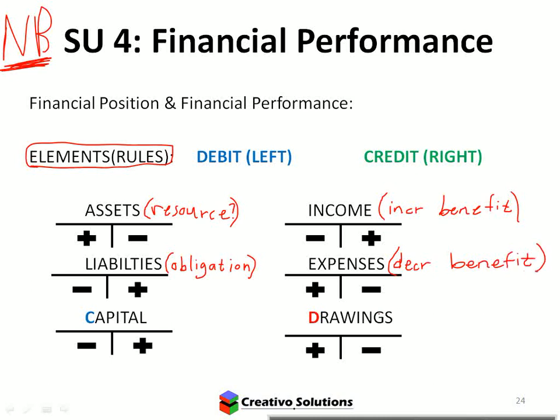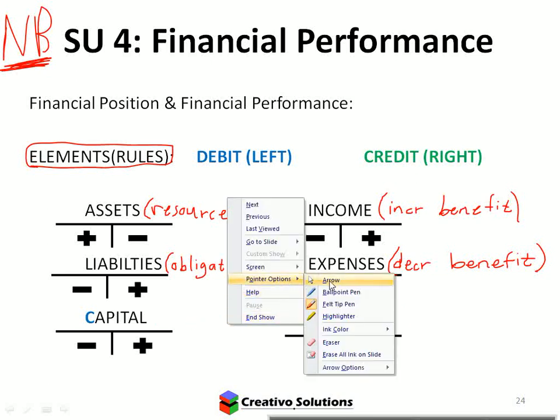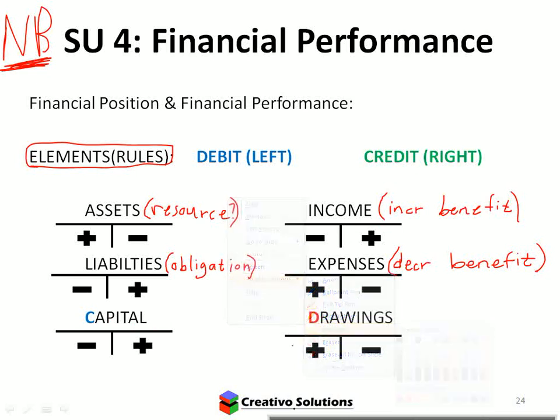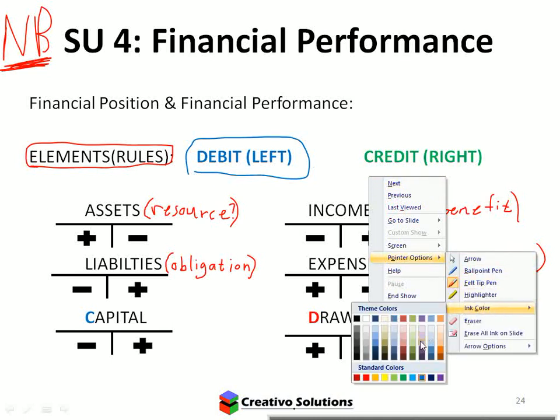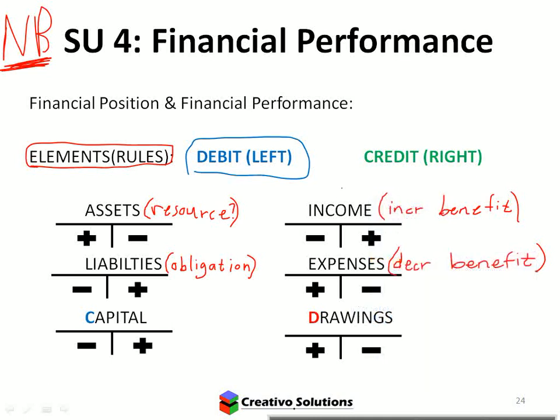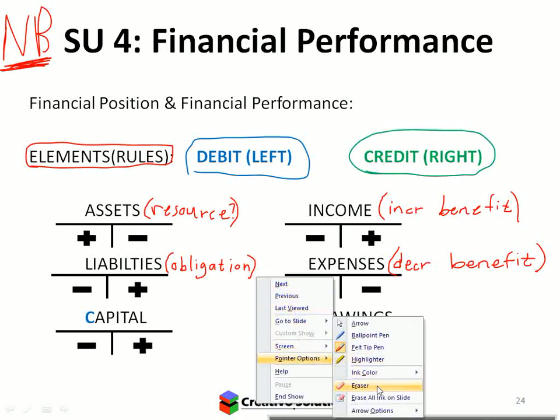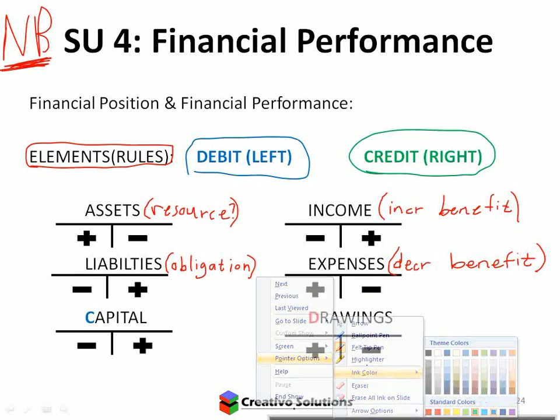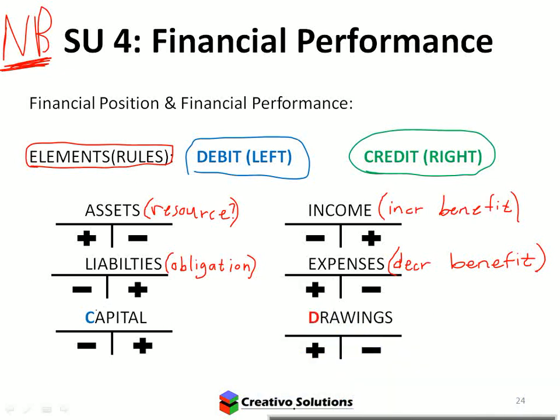Okay, those are expenses. Capital and drawings. Capital is capital, drawings is drawings. Okay, the reason why I highlighted the C and the D is because the rules are so easy to remember if you just remember which side you're looking at. Okay, so remember the debit is the left. The credit is the right, and that's it. It has no other meaning. Okay, so if I look at capital, what letter does capital start with? A C. What letter does credit start with? A C. So C for capital, C for credit.